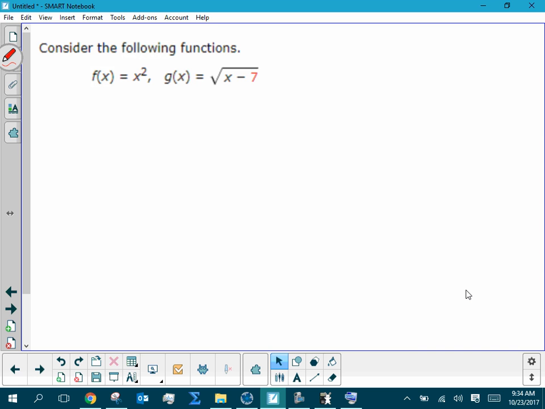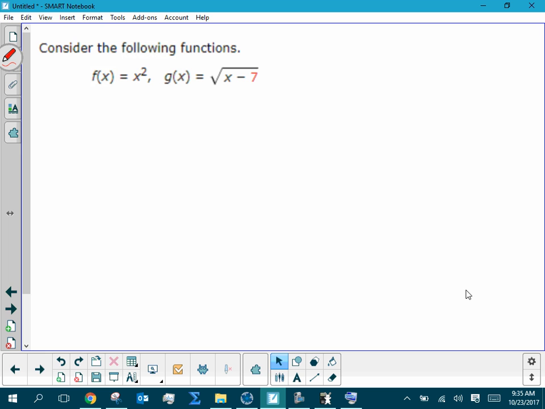All right, so when we look at this one again, the domain of f of x is going to be all real numbers, right? I can take any number, plug in for x, square it, get any number back, okay? But for g of x, there's an issue there, right? If x is 7, we run into a problem, right? If x is 5, we run into a problem, right? Okay? So that second g of x, we've got to remind ourselves that x